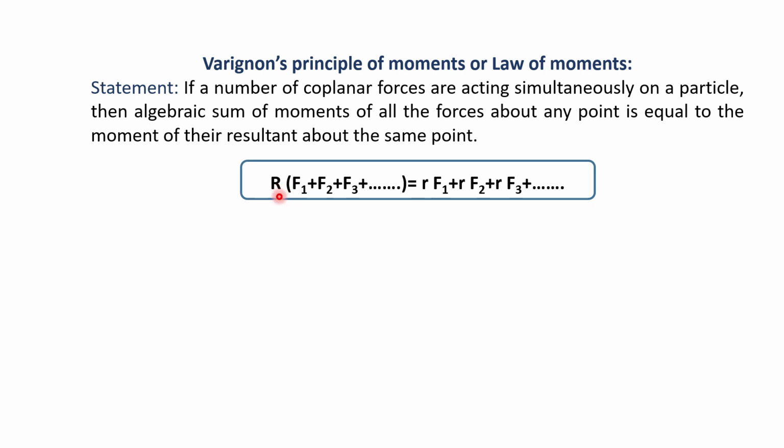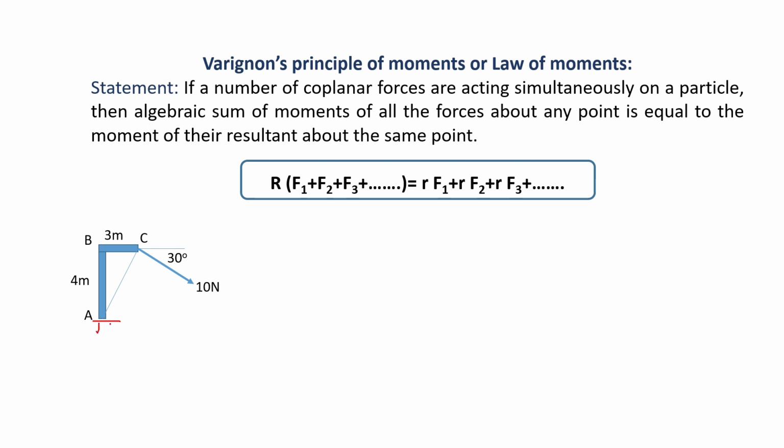So here the distance of the resultant into summation of all the forces plus the perpendicular distance. We will see the proof. Come, one example of this problem of this principle to make your idea clearer. So here we have an L-shaped beam like this, A, B, C, whose arm AB is 4 meter and arm BC is 3 meter, and it is fixed at A at one end like this.